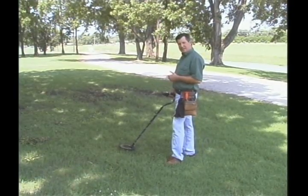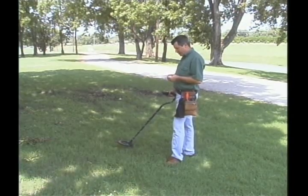If I got a big wide signal or something irregularly shaped, then I would know that that's probably not going to be a coin. Another thing you can do is when you're in the search mode and you found a good target,